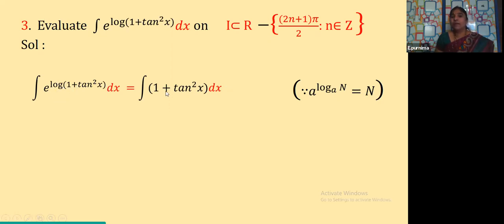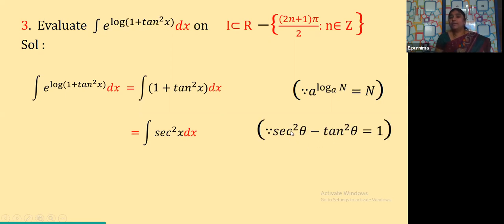So our n is equal to how much here? 1 plus tan square x. So what is 1 plus tan square x, children? Nothing but our secant square x dx. From where did we get this? From the trigonometrical identity. What is the trigonometrical identity? Secant square theta minus tan square theta is equal to 1. So based on this identity, this minus tan square theta is sent to the other side. It becomes 1 plus tan square theta, which is secant square theta. So now what is the integral of secant square x? Nothing but tan x. We have just now seen the formula. Yes or not? Integral of secant square x is tan x, because the derivative of tan x is secant square x.